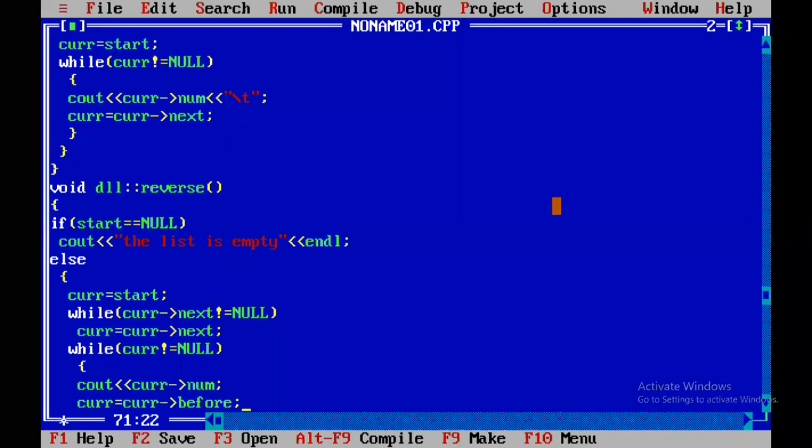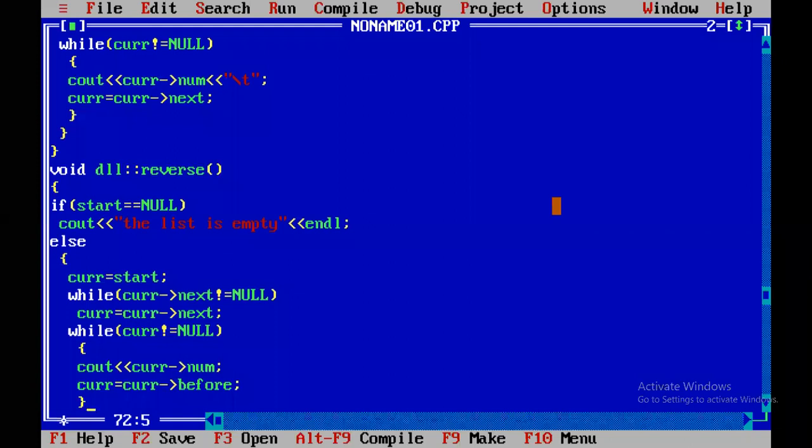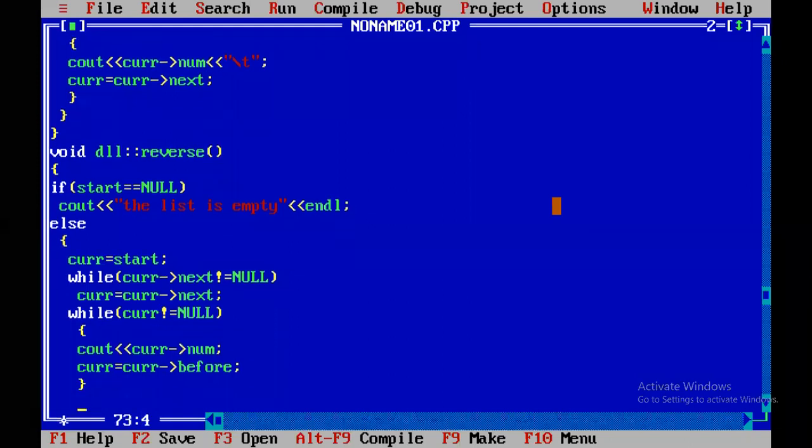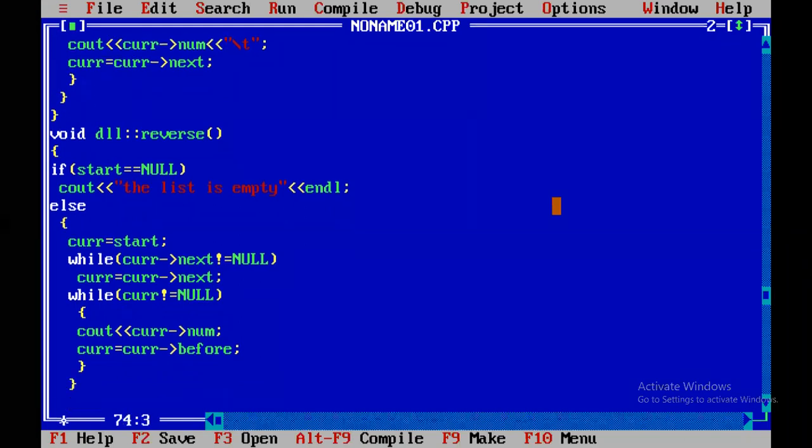This is the statement to move from the last node, to the second last node, to the before node. So like this: cout current arrow number, current equal to current dot before.